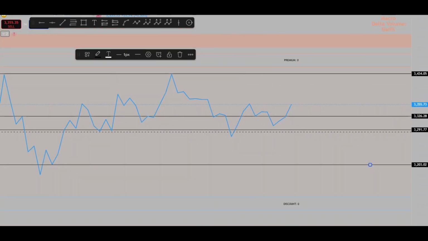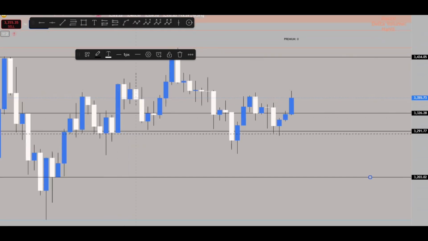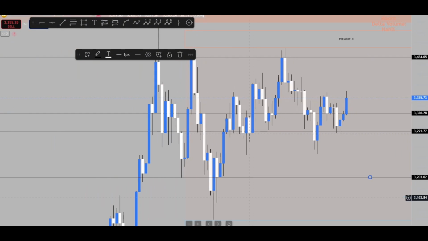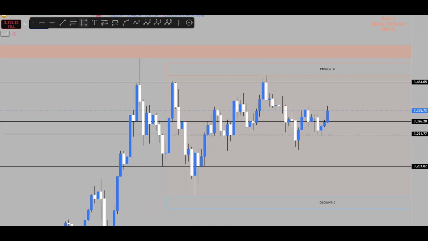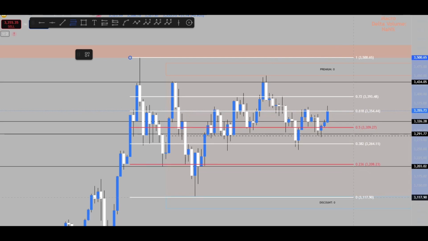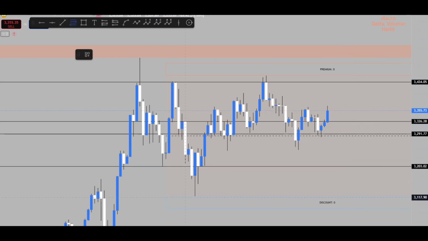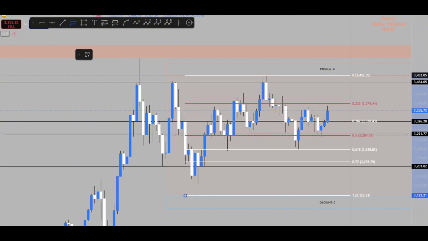So I will change to the daily chart, and there I will change my chart again to candles. Now we are on the daily chart. Here we can check how the Fibonacci price level was reflected. Whichever side dominated, there is more probability that we will continue in that direction. So if we look here, we really reflect this